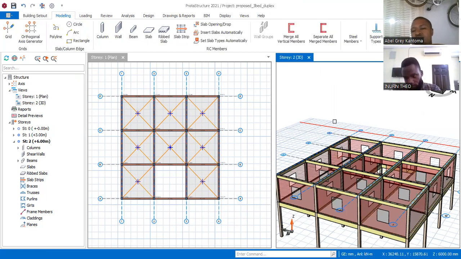But you know, you must have done your general arrangement. General arrangement is structural layout. You know what general arrangement is? Yes, I do. So I'm assuming this to be my general arrangement,